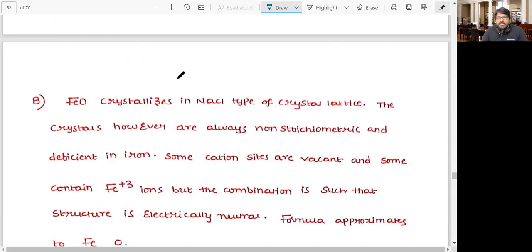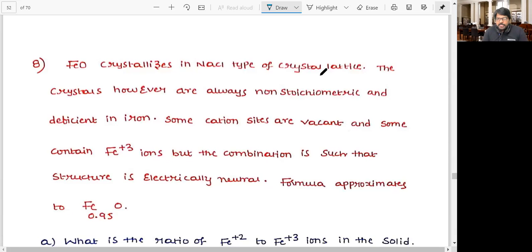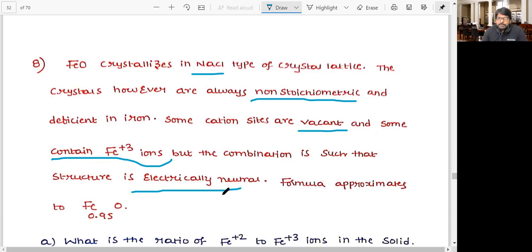So iron oxide crystallizes in NaCl type of crystal lattice. The crystals, however, are always non-stoichiometric and deficient in iron. Some cation sites are vacant and some contain Fe+3 ions. But the combination is such that the structure is electrically neutral. Formula approximates to